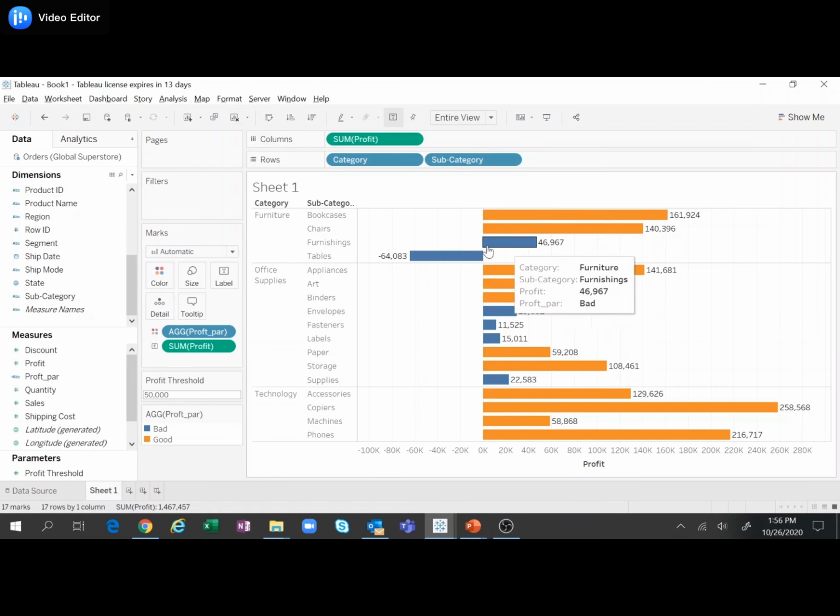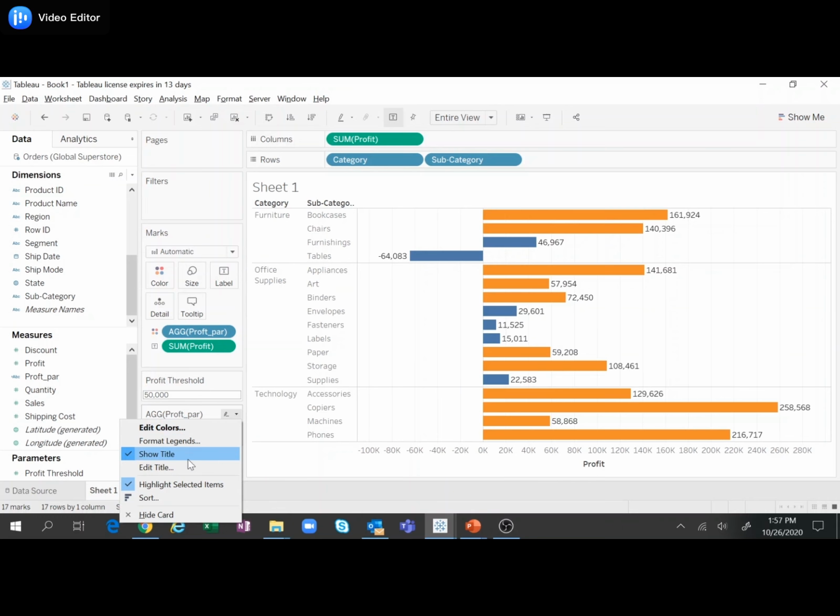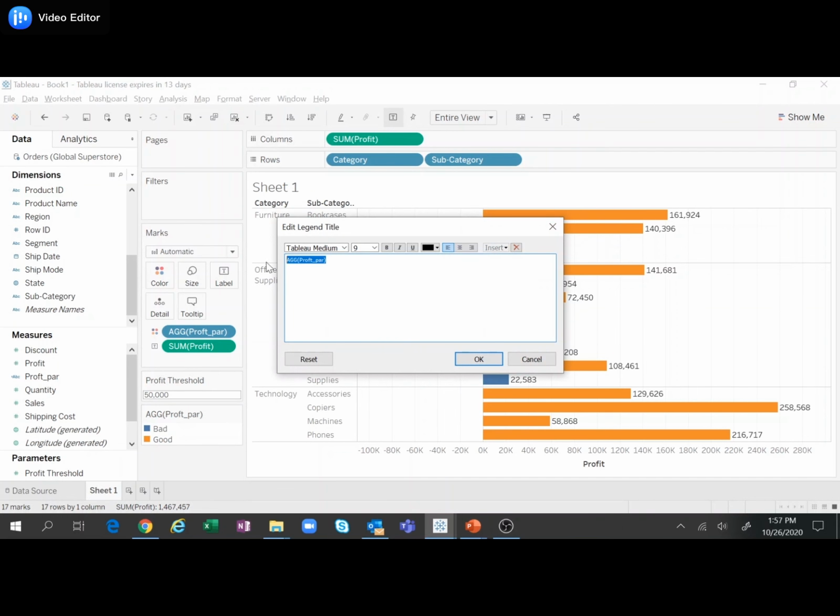Now all the subcategories which have profit less than 50,000 are colored blue. One last thing that remains is to format this chart properly. First we'll rename the title for this legend. We'll edit the title and say quality.